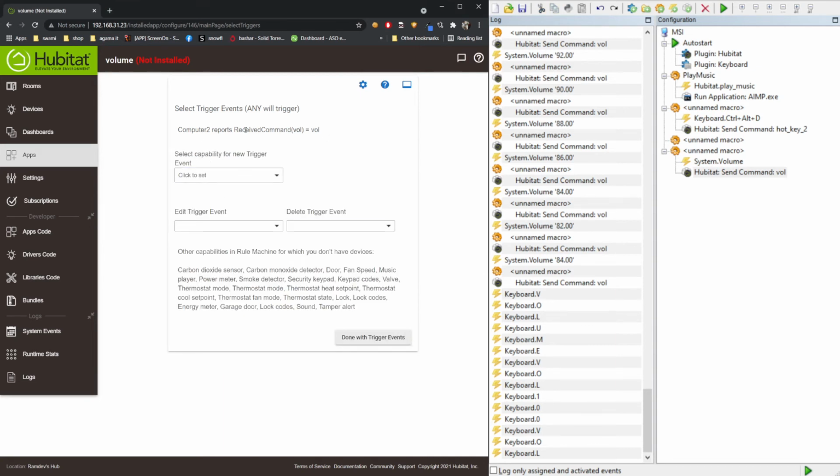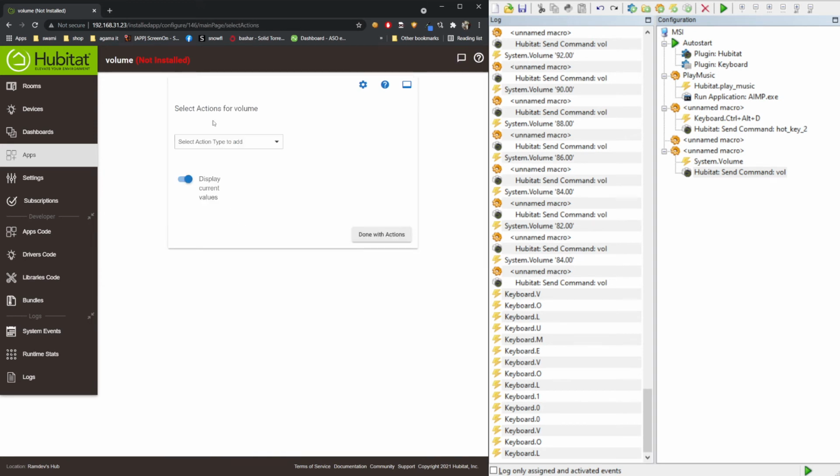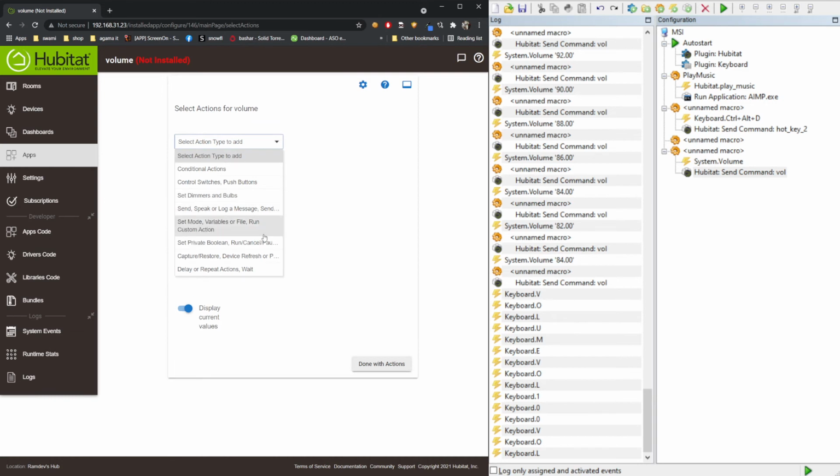So whenever we receive a command with the name vol, we want to first set the parameter vol, which has the same name but is a different thing. We're going to set it to the parameter that we receive. So here we have